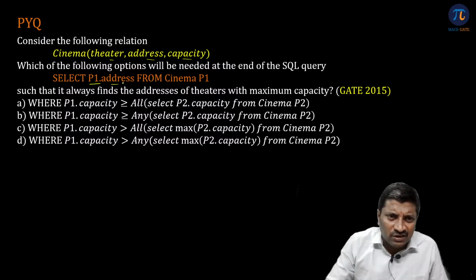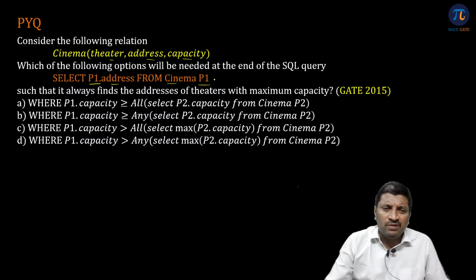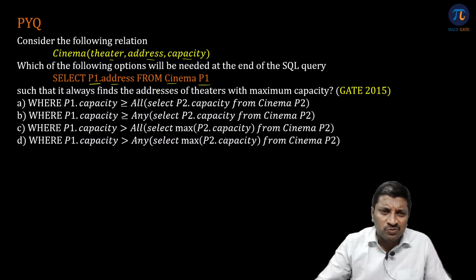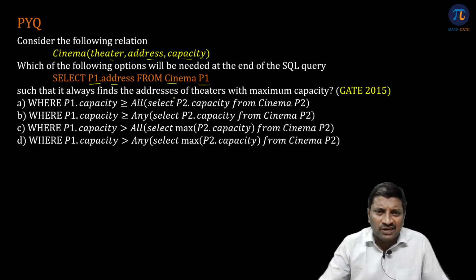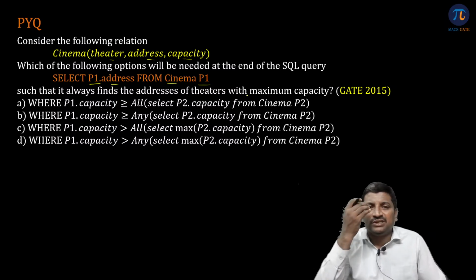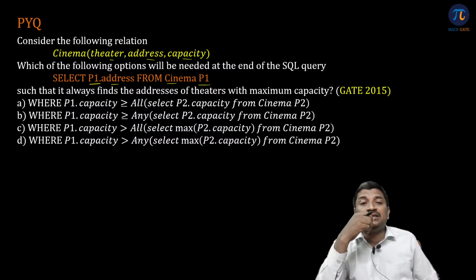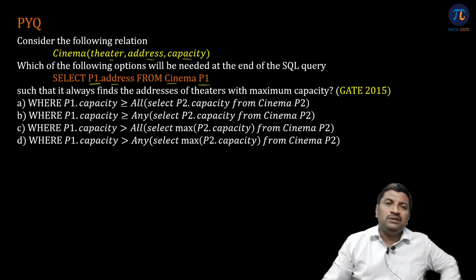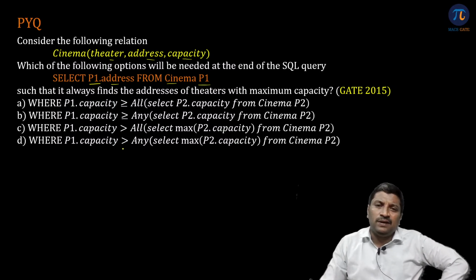Select P1 dot address from cinema P1. So you are displaying the address of the theater, such that it finds the address of the theaters with maximum capacity. So I need the theaters with maximum capacity, right? If I need maximum capacity, then